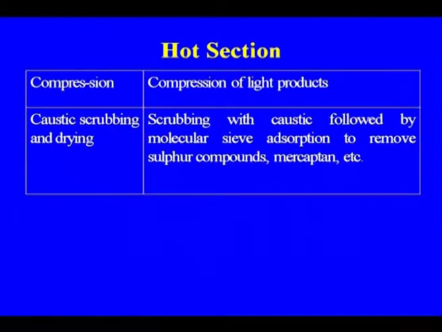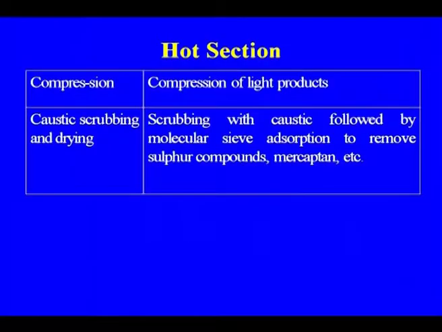Now, after the quenching, the next important section is the compression of the light product. Here we are also doing caustic scrubbing and drying. As I told you, both are very important: drying and the scrubbing of the sour gases, even CO2 that may be formed in the cracking reaction. The scrubbing with caustic is followed by molecular sieve absorption, and also H2S that may be there in the feed,